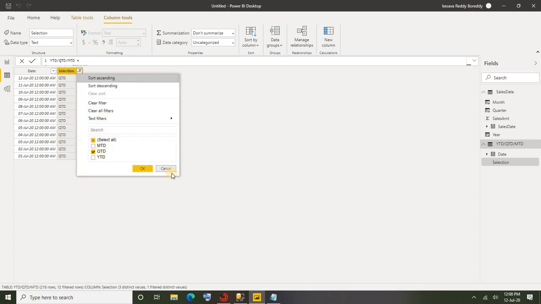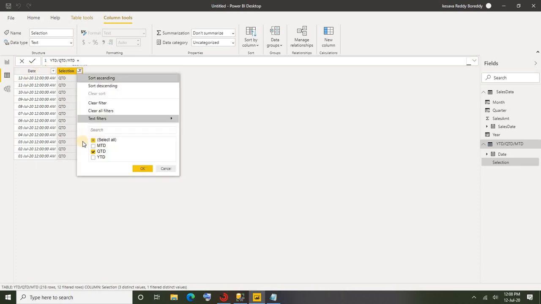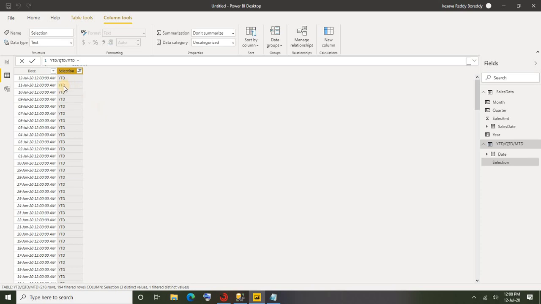In fact, if you execute the same query next month, you could see the whole of July as well as the number of days in the next month. All right, so it will work dynamically anyways. This is how it looks. So if you select YTD, you could see the whole of this year, starting of this year till today. All right, so we are done.